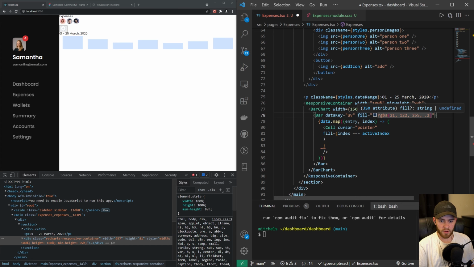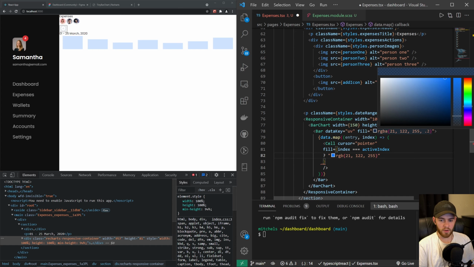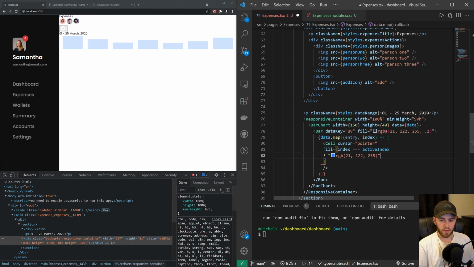So it's this RGBA color, but it is without the opacity. As you can see right here, this can just be RGB without the .2, and then right here we will have the same as we have right here. Okay, and of course we need to add a function so we can update that active index,